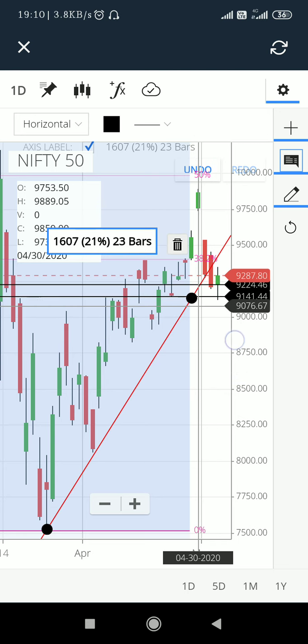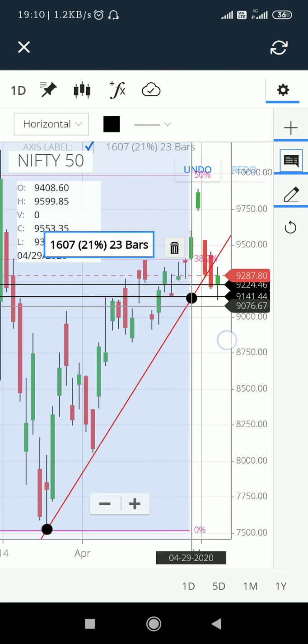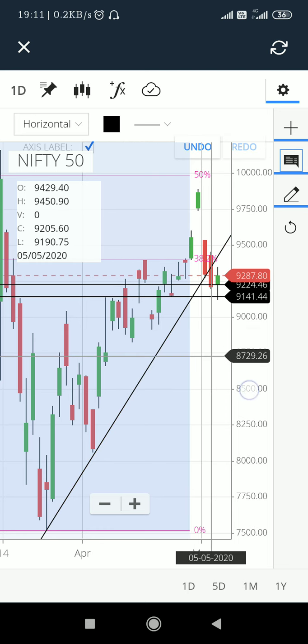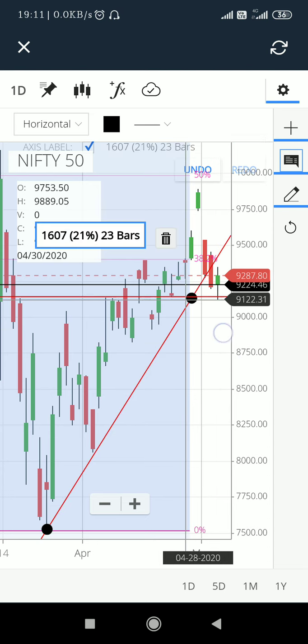I was really expecting the 9050 to come today, but due to the Nifty 50 reversal zones, there was a midterm reversal zone in which the Nifty 50 reversed from 9127 or 9120 and moved back to the 9200 or 9300 levels. But now if it breaks the low of today's candlestick, it can definitely hit the levels of 9050. That is the most expected.